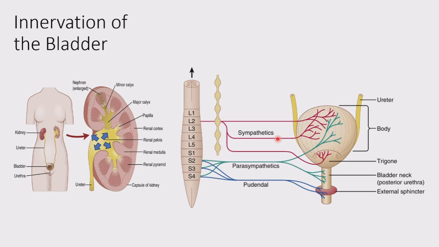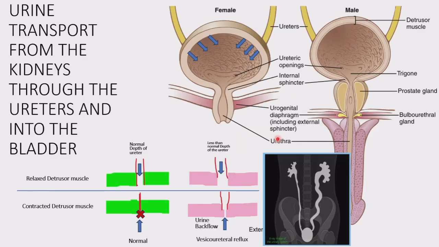Now, when the detrusor muscle contracts, it compresses the ureter in order to prevent the urine from backflowing from the bladder when it contracts. But urine can still flow from the ureter to the bladder because, remember, the ureter has peristaltic contraction that can push urine to your bladder even when it is contracting.